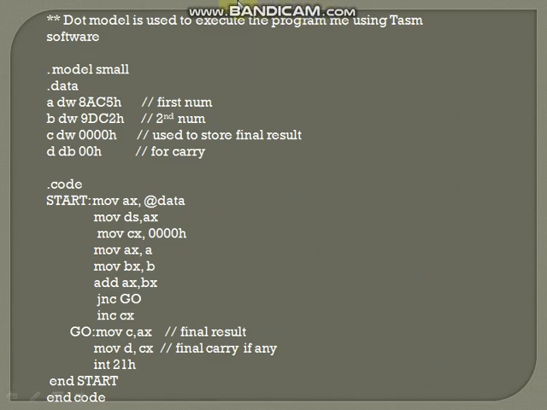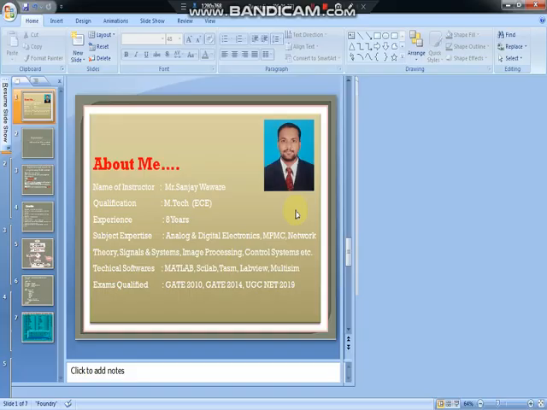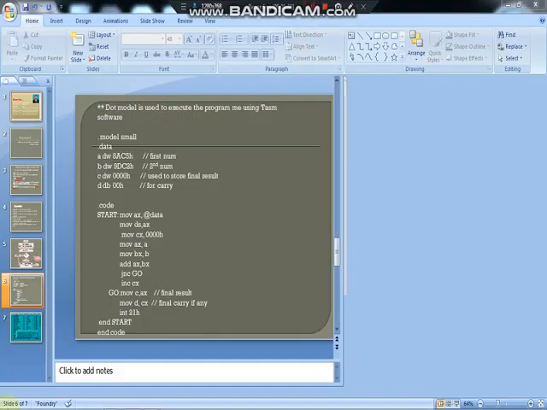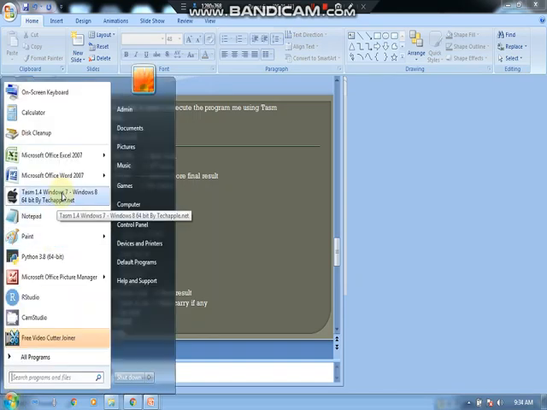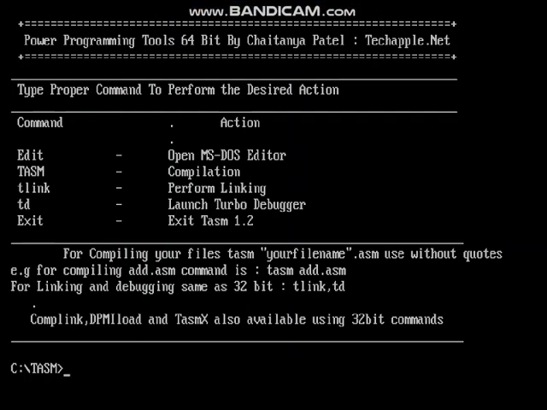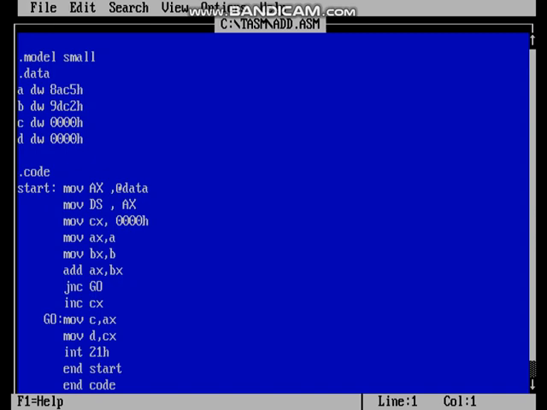Then we move to the programming part. Open the TASM. First of all, write the program using the edit command, file name dot asm. The program is already written.